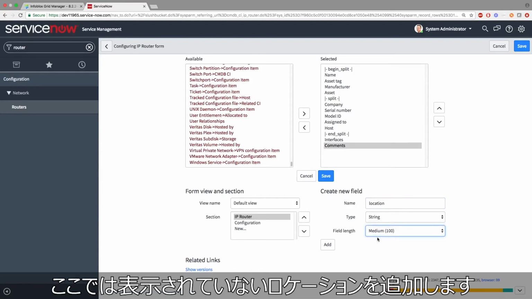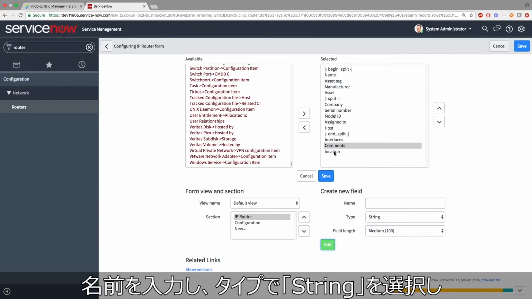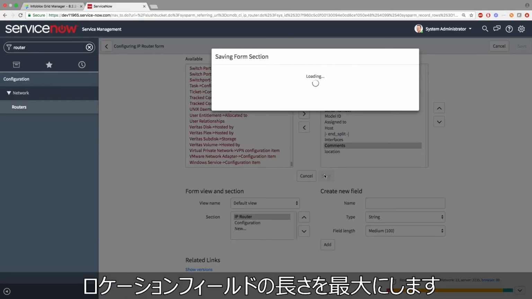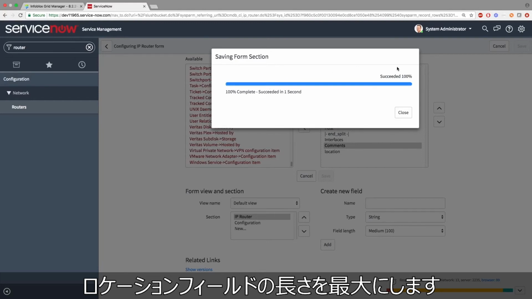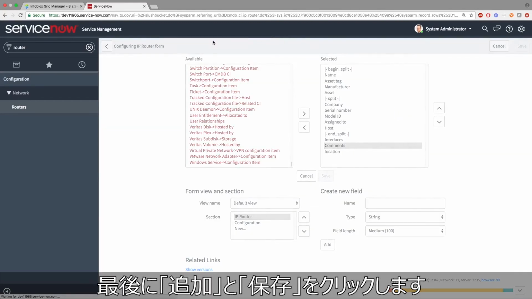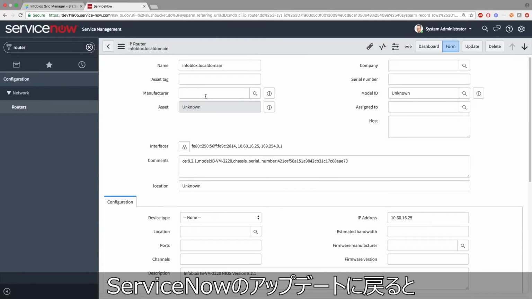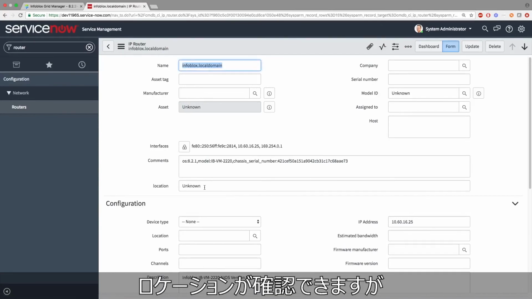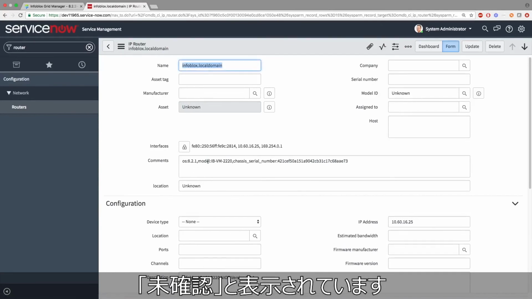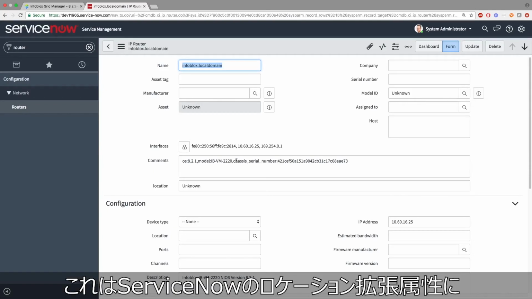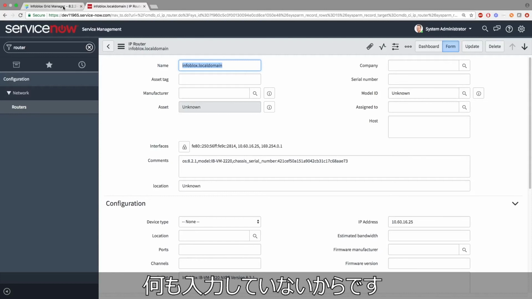In this case, I'll show how to add a location since it's not present here. Simply add a name and string for the type, and choose the max potential length of the location field. Then click Add and Save. Here ServiceNow updates, and when we return, we see that the location option is shown, however it is unknown. This is because we did not insert anything into the ServiceNow location extensible attribute on the Infoblox side, so let's